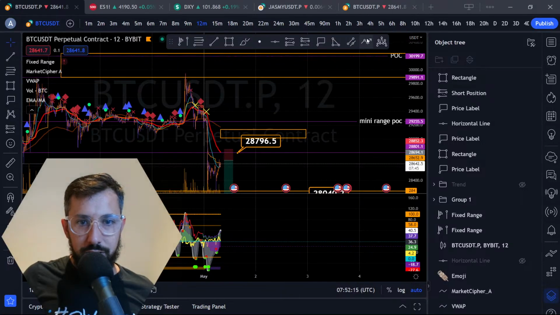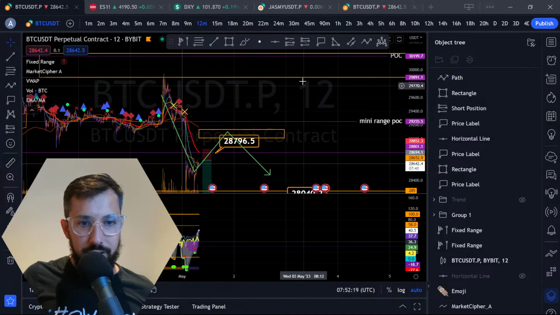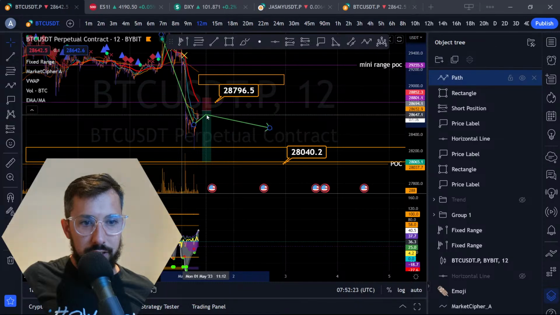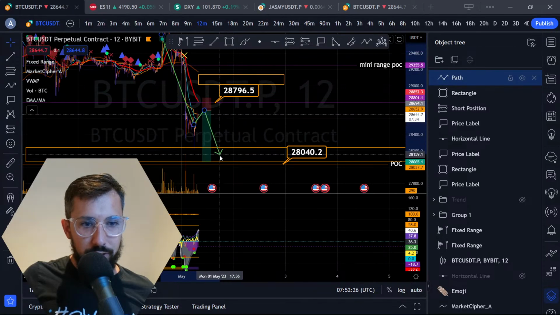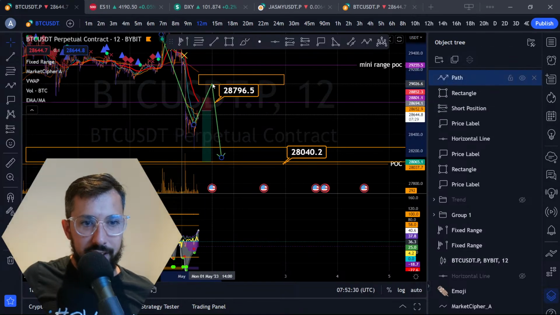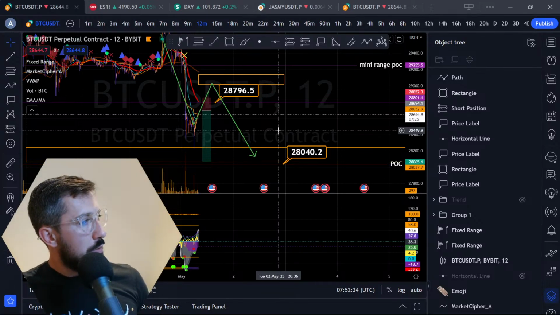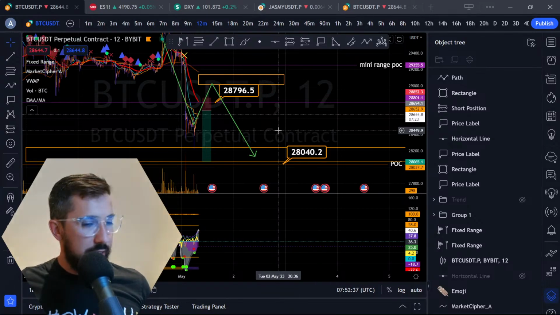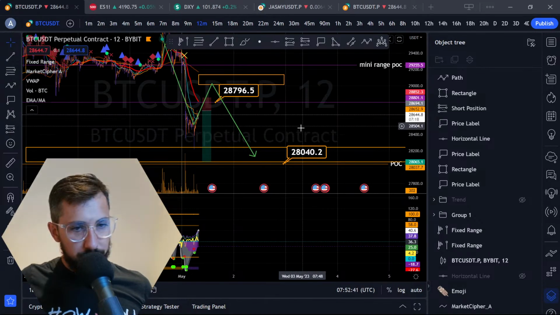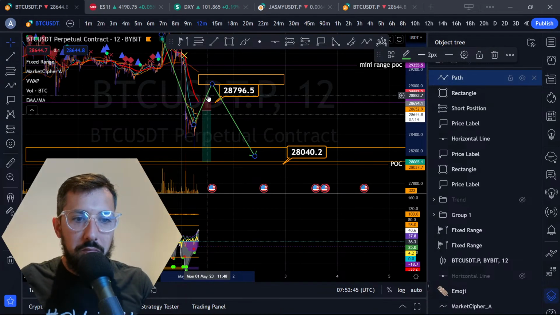Can we get a rejection? I know Bitcoin doesn't move all the way down all at once. Can we continue this way, or can we just curl over here and come to the POC down here, what I'm aiming for, okay? Always have a plan. Always use good risk management. Protect yourself. Use healthy risk management and mindset when entering a trade, and let your trade work for you, not you work for your trade. Don't stress. No stress, okay?